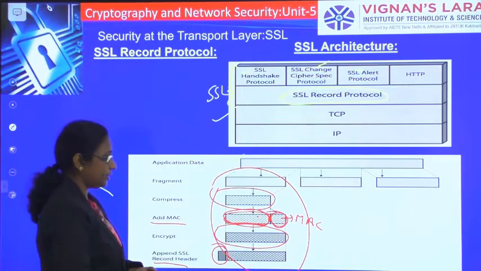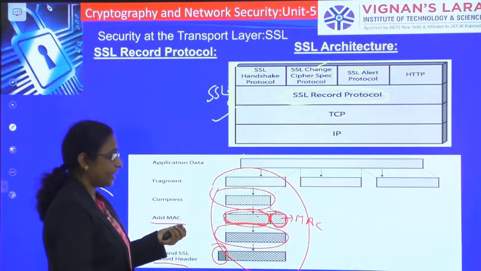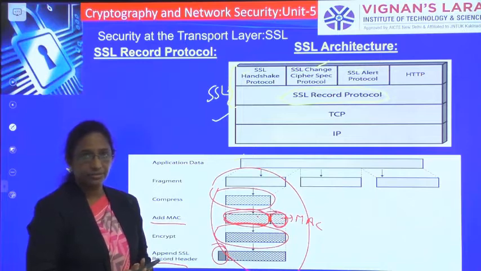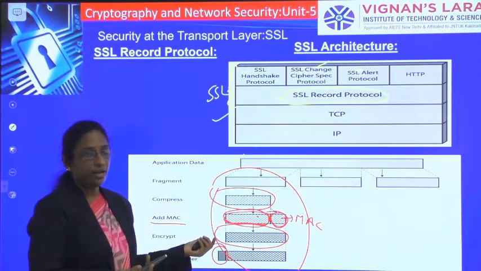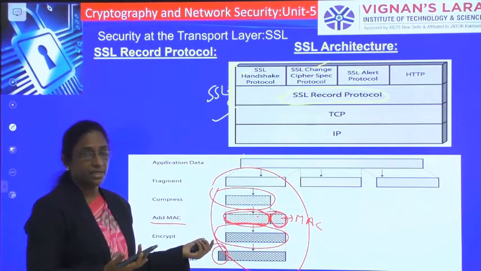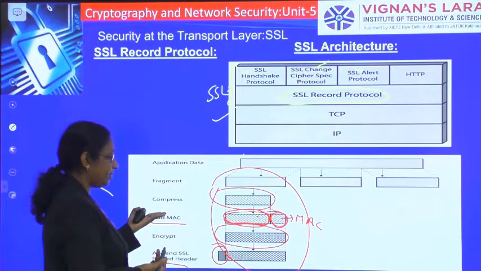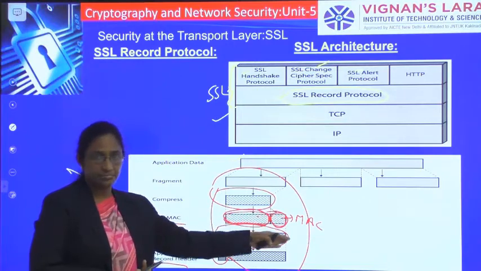You have also seen the different key exchange algorithms used for the encryption and decryption, the different encryption algorithms, and the hash functions that can be used for generating the MAC code.